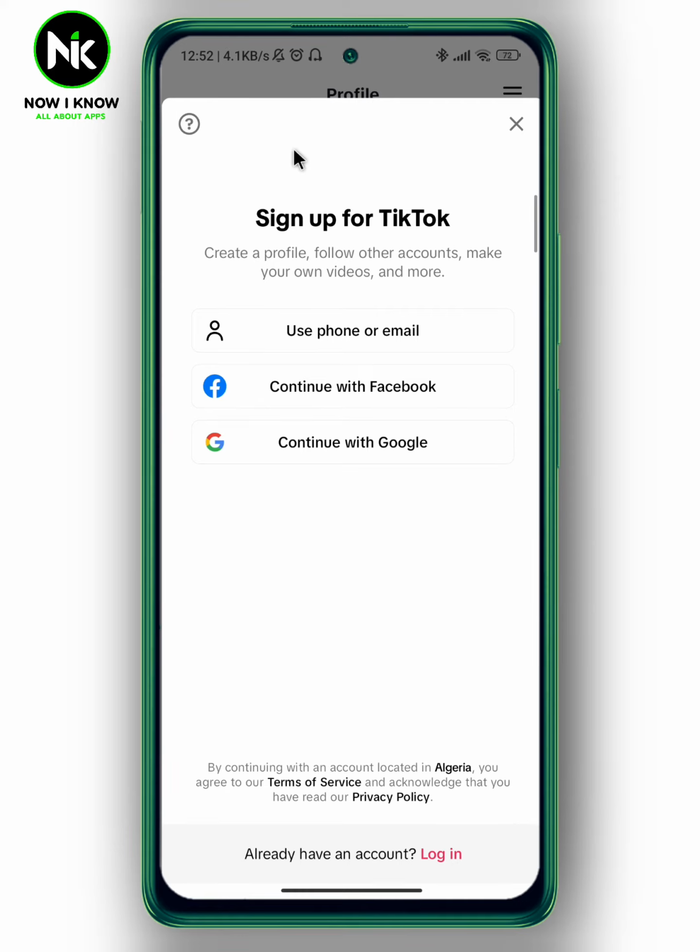Well, after getting the app, if you're trying to log into your TikTok account but it's not letting you do that, maybe it says that there's an error, or maybe it says a wrong password or a wrong username. So here, what we're going to do to fix this problem: